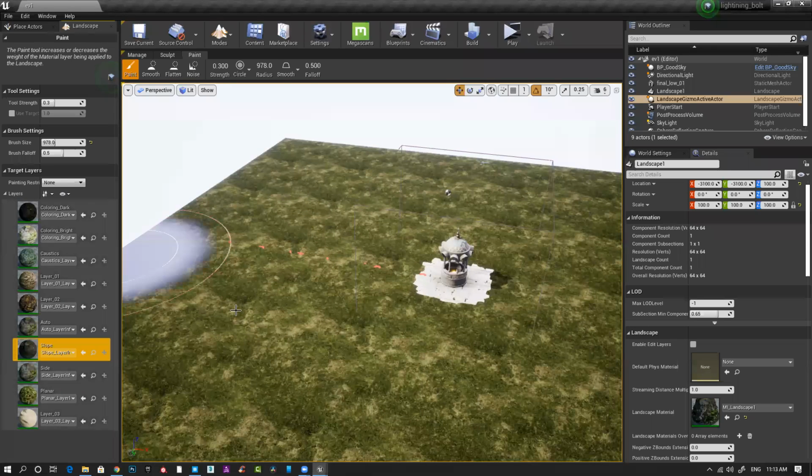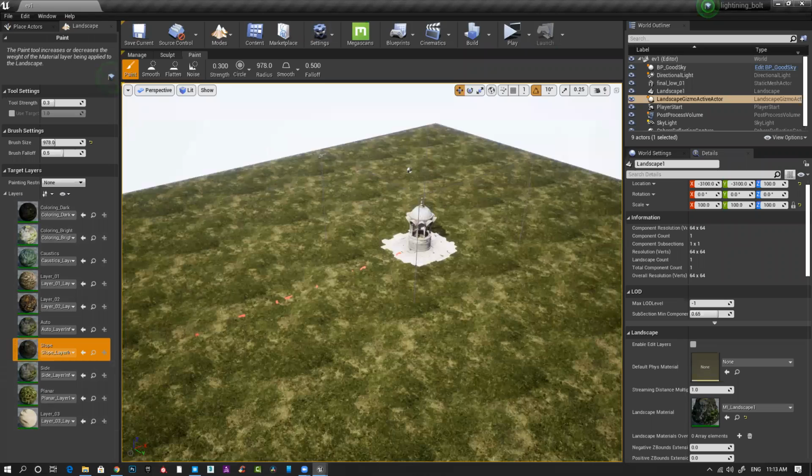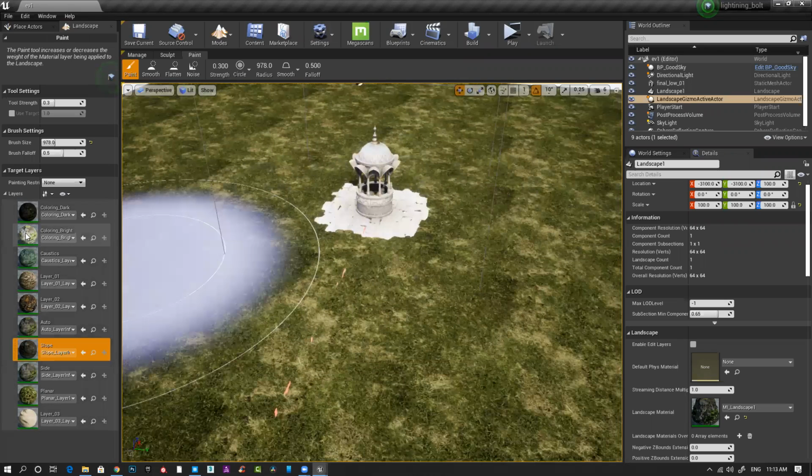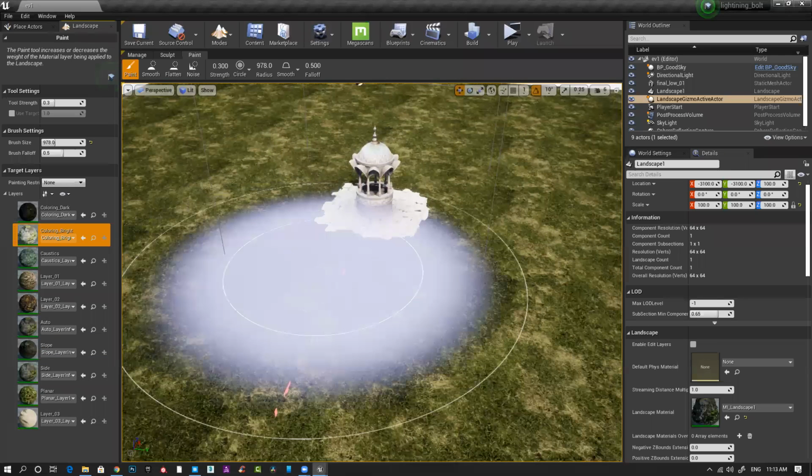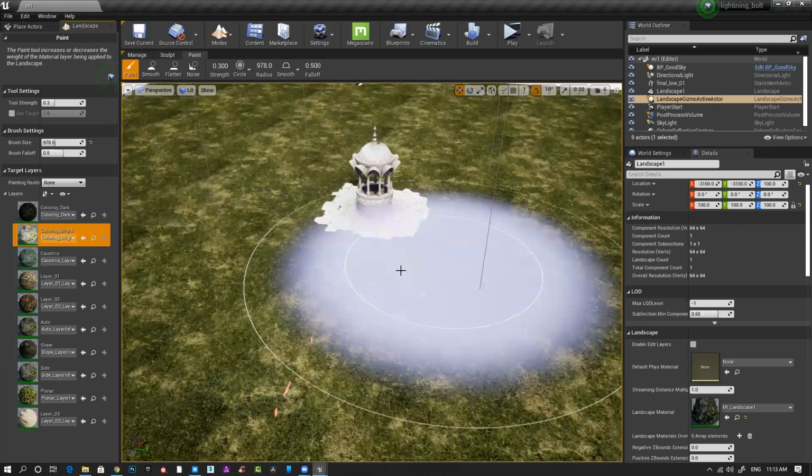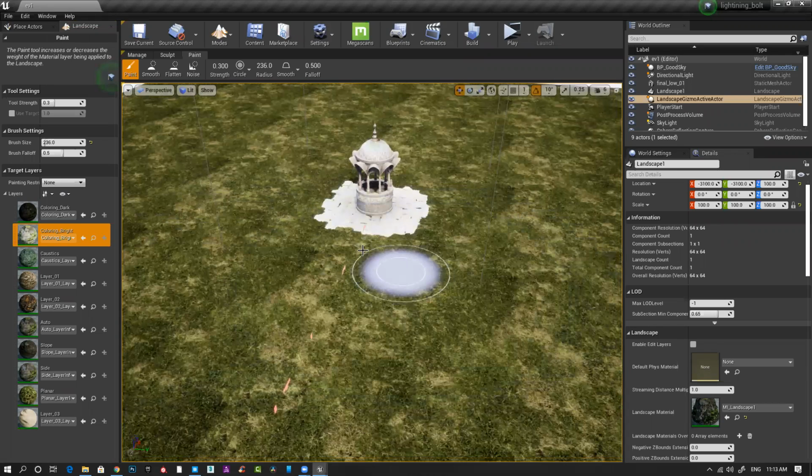Now any one of them, if I want to paint, I can just select it and paint it very easily. Click on that layer, reduce the brush size,